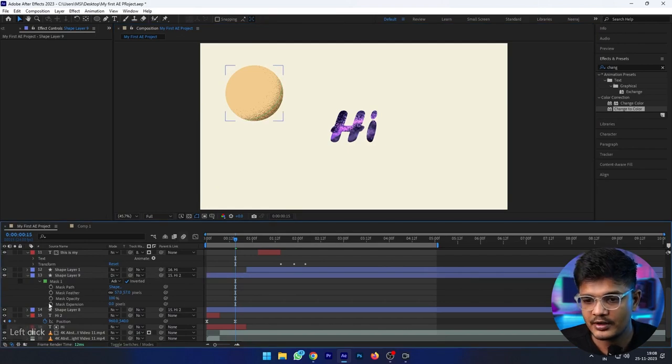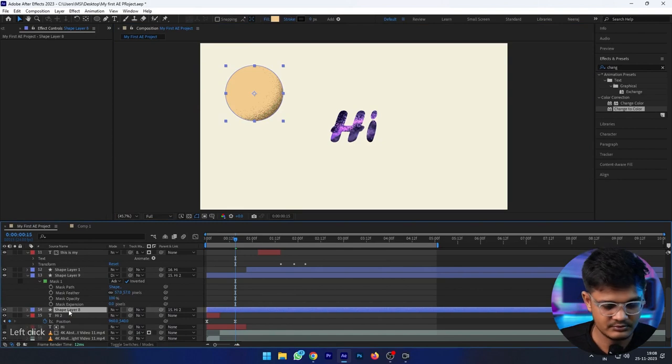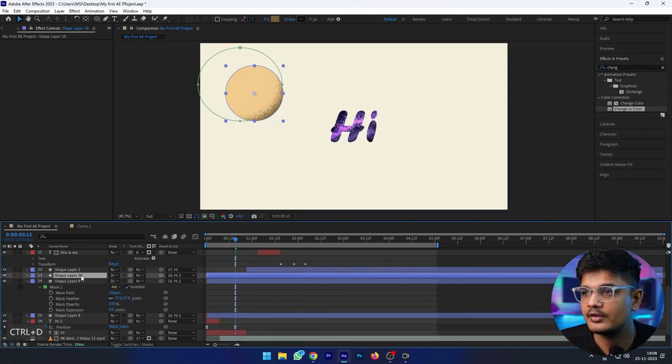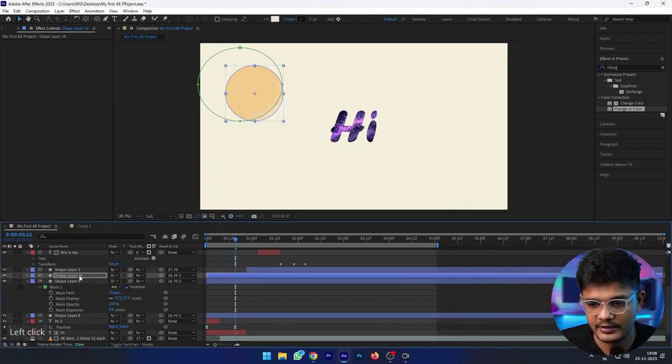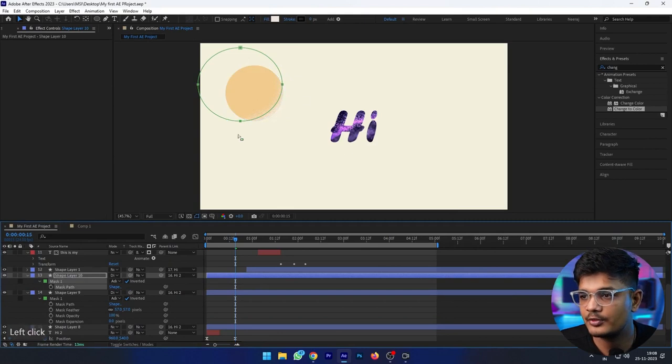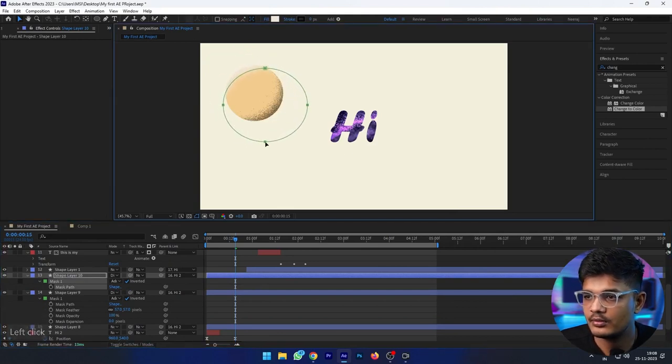Okay, now we can also create a highlight on this by just duplicating this, changing its color to some brighter color of this, and changing its mask position from here to here.